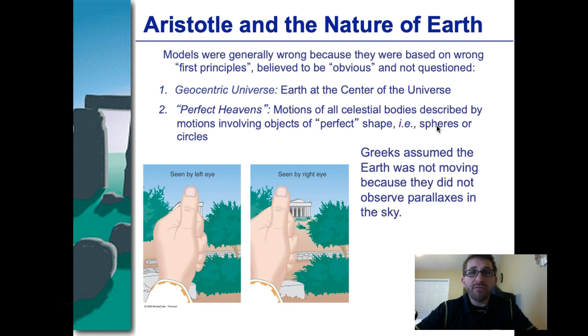And one of the main things to support their idea was that they didn't observe parallax. They understood that if the Earth was going around something else, we should observe a parallax effect. And we've done something, or will be doing something in class with this. But if you are understanding the idea of parallax, as things move, your perspective moves with it. And the stars, they didn't see this parallax. And so they thought, well, there must be a reason. The Earth must be stationary. Turns out they were wrong.